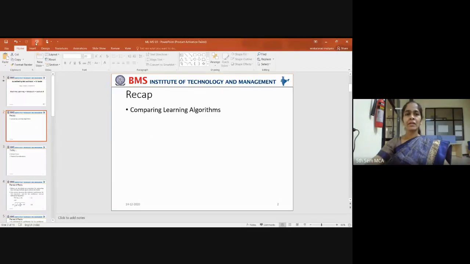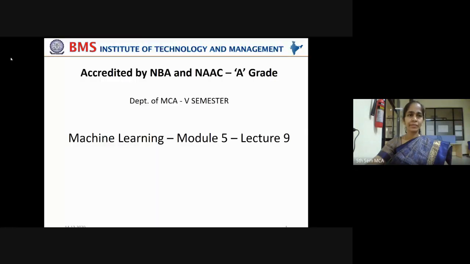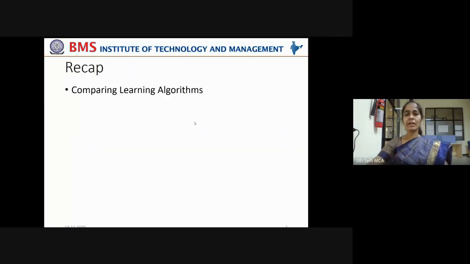In the last class, we have seen how to compare two algorithms by using the confidence intervals and the t-test. T critical value, and we have also understood that T critical value will approach Z score in case the underlying distribution is following a normal distribution, right? So in that class we have understood how to compare two learning algorithms on the same sample set. Means if a machine learning model is made to learn from the same sample set by using algorithm A and algorithm B.